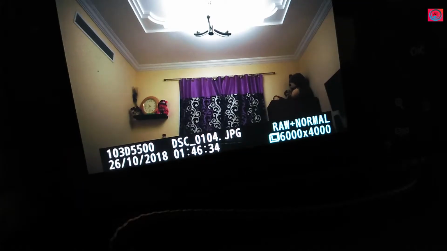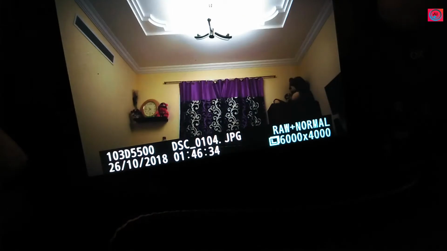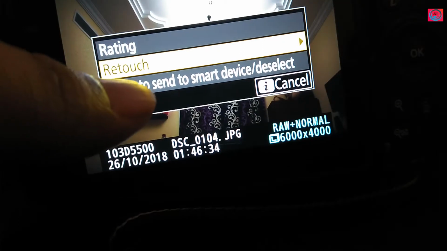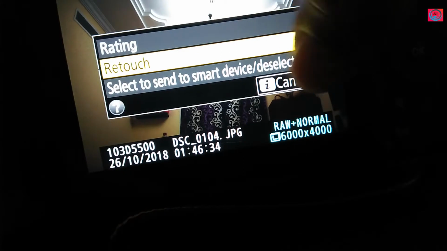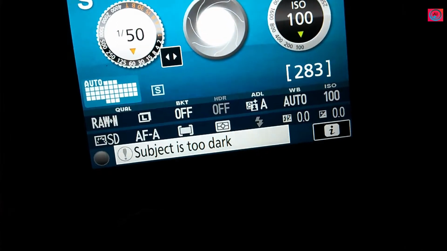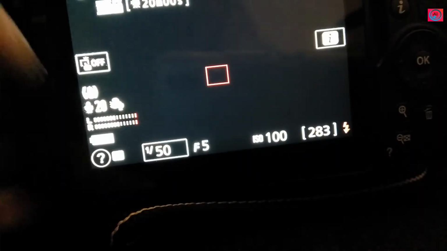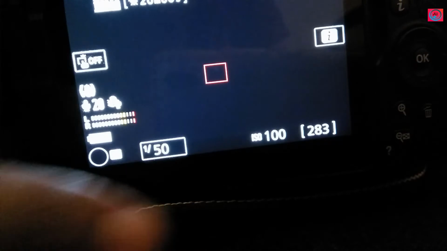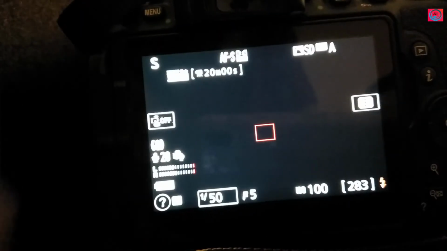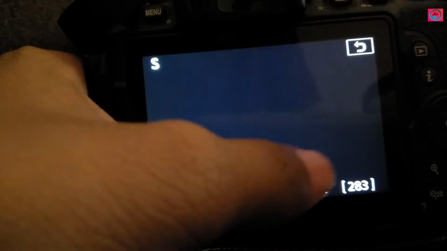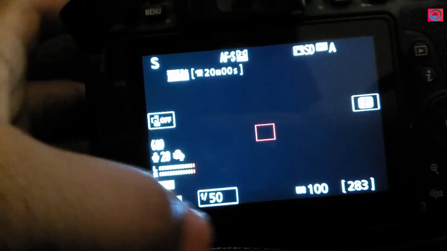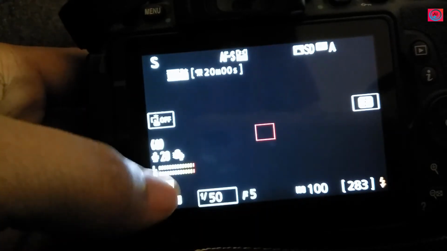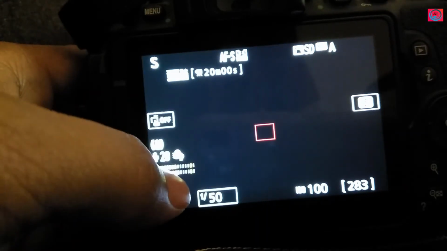Okay, and now when you are playing the picture, then you can see, you can retouch or rating and select to, you can send this one directly to other devices like this. Okay, when the camera is on, you can switch on this one to see all these options on the screen. And if you want to change the ISO, you can, if you want to change the shutter speed, you can change the shutter speed. Okay, and this is all manual mode. This is the battery control. This is the microphone,